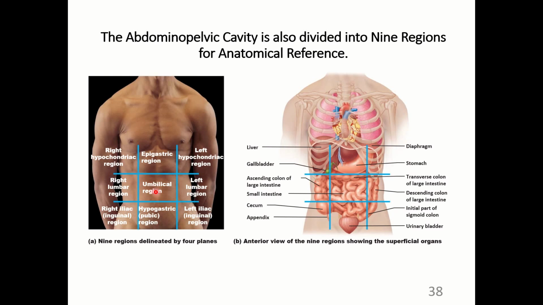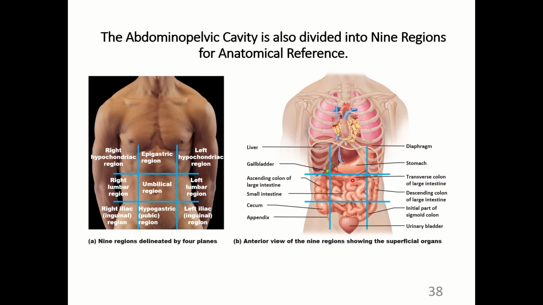So again, you can start at the umbilical region and play tic-tac-toe. You can go superior and inferior, right or left, and then you can go diagonally, superiorly or inferiorly. However you can memorize those regions best is up to you. And then the corresponding organs are pictured in figure B. So the umbilical region is largely taken up by the small intestine as well as parts